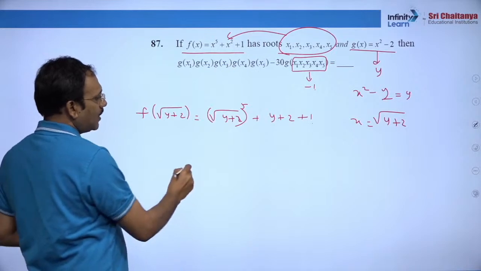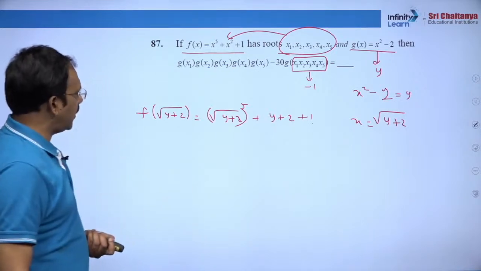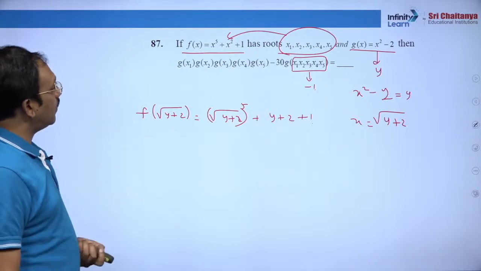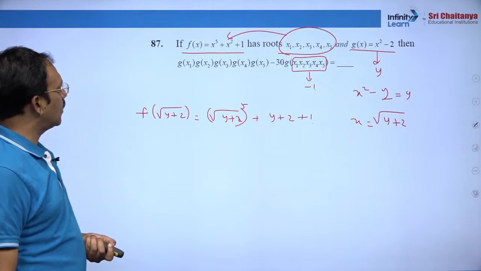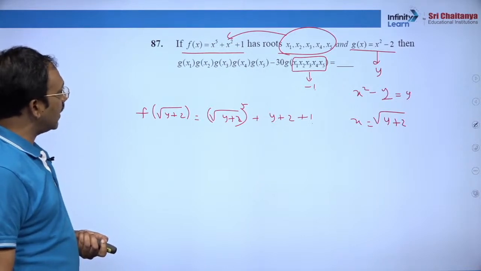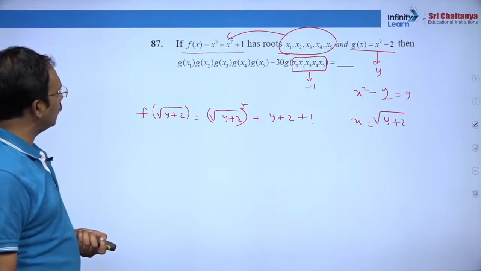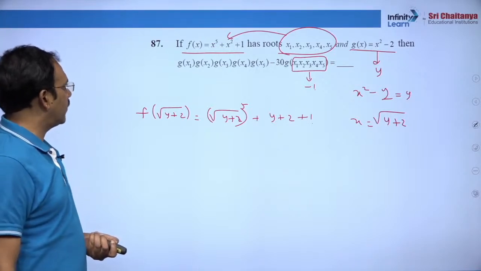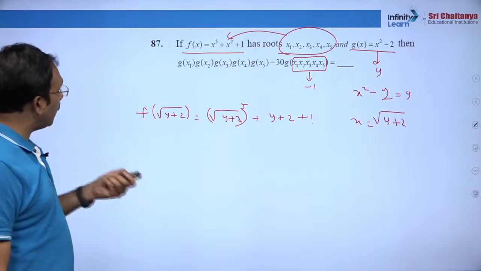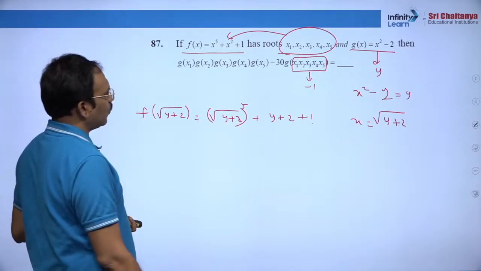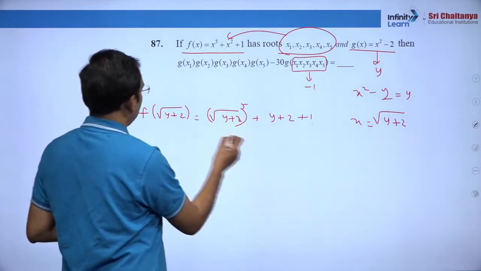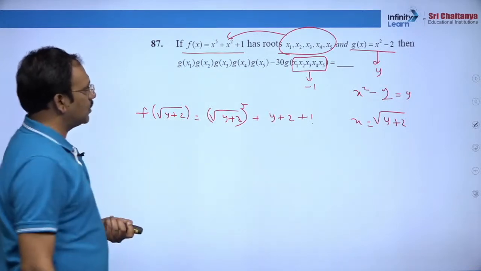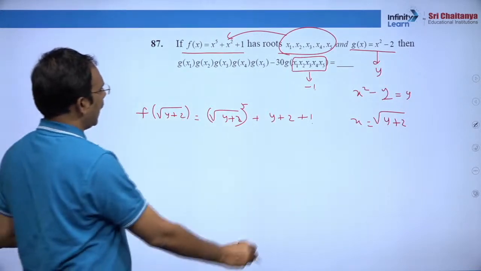After expanding this, you can observe here, my dear friends: x square minus 2 is equal to y, and under root y plus 2 is x. So f of root y plus 2, you put this, is root y plus 2 whole power 5 plus y plus 2 plus 1. You need to simplify this. From these, whatever roots you are going to get, you take x1 and put x1 here; x1 plus 2 under root is going to be, you see here, I am putting x1 here,